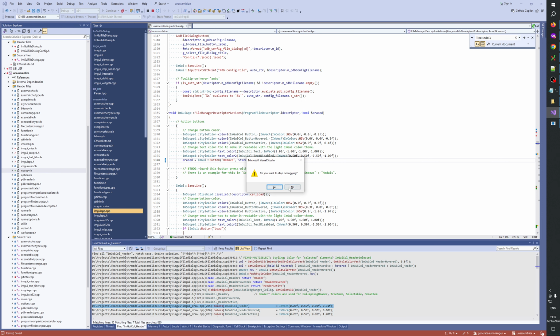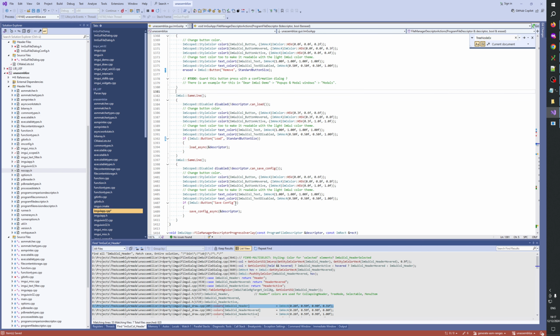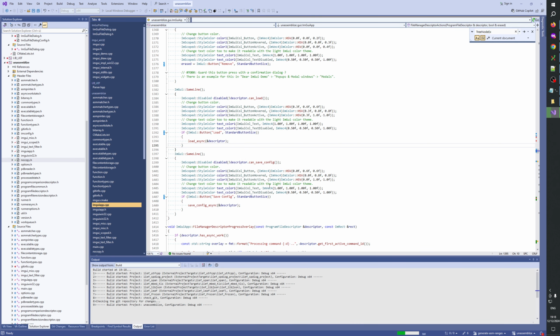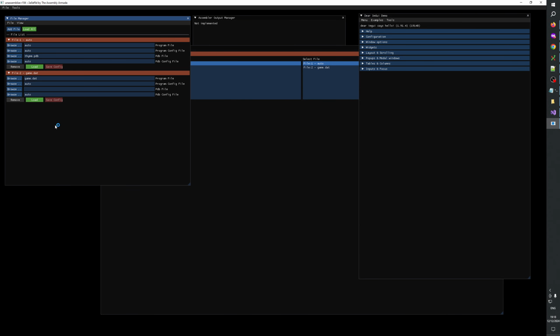Okay, let's see how that looks. Maybe we apply it to all here. Standard button size. Oops, it looks like it's a bit too small for the save config. Okay, but otherwise it's not bad. I do wonder, is there a way to say